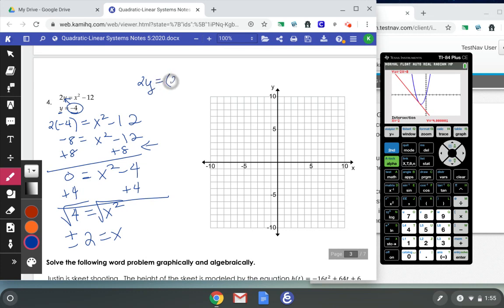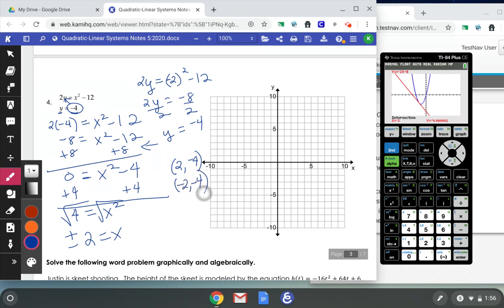If I have positive 2 squared, I get 2y equals 4 minus 12, which is -8. Divided by 2, I get y equals -4. And think about this, if I were to plug in -2, I'm going to get the same answer. So my solution is going to be 2, -4, and